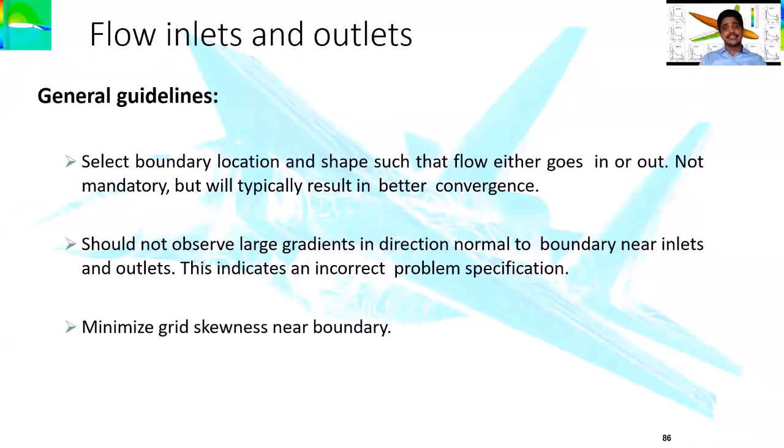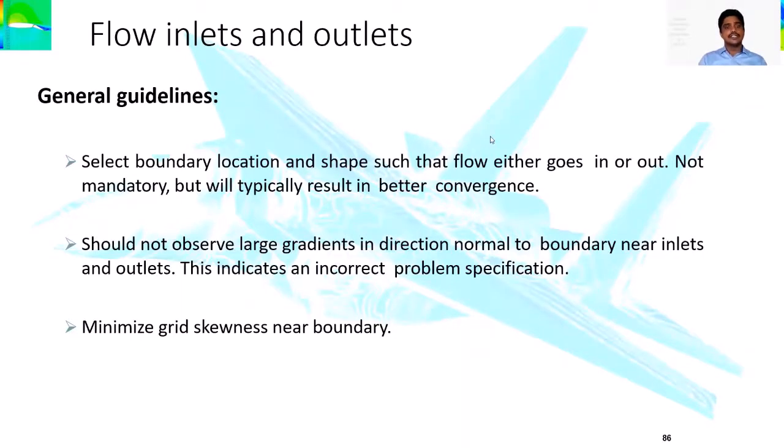Right, and as far as the inlets and the outlets are concerned, we should make sure that the inlet is not the same as an outlet. If the inlet and outlet are the same, how can the fluid enter and leave out in the same inlet flow case? That type of boundary condition we need to avoid, or we have to take care when defining those. If you do not take proper care in defining the boundary condition, it will automatically diverge the solution. It will go into the vertical form and completely result in divergence. So the flow will result in divergence, right?